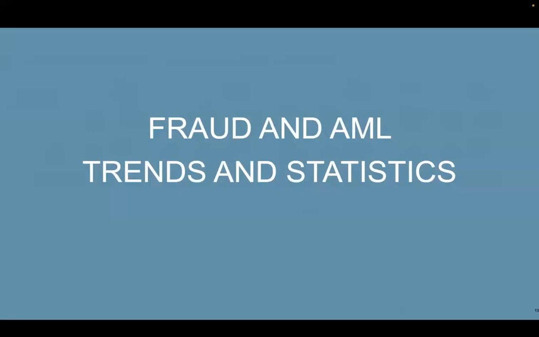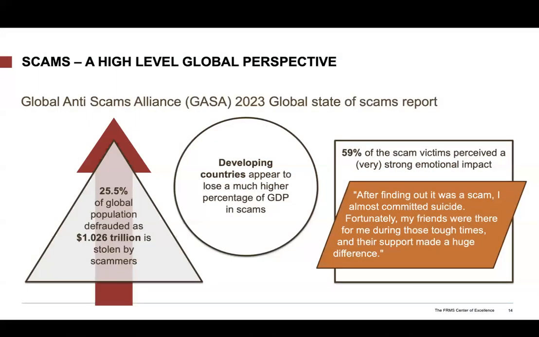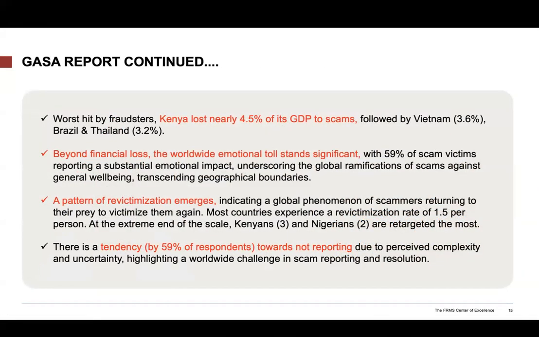So here are some statistics on why we're doing all this. We really like the data that comes out of the Global Anti-Scams Alliance. 25.5% of the global population has been defrauded to the tune of a little over $1 trillion. That is just astronomical. Until you start really thinking about these numbers, you have no idea. This is where it starts to really become important, though. The worst hit by fraudsters was, in fact, Kenya, followed by Vietnam, Brazil, and Thailand. But Kenya lost nearly 4.5% of its GDP